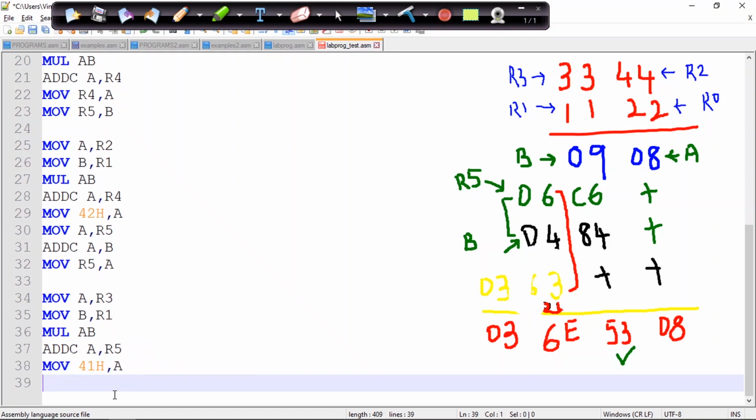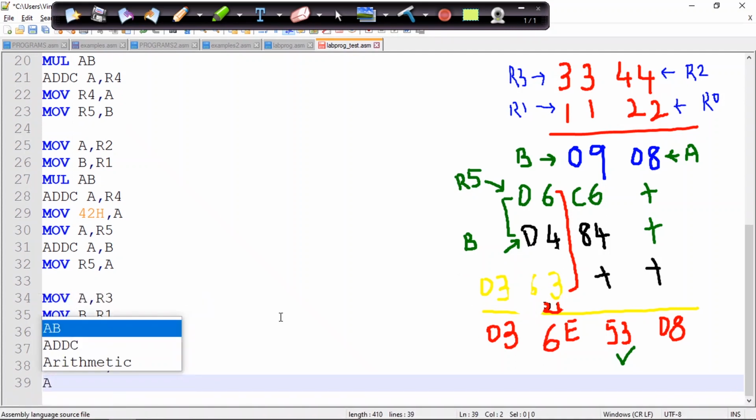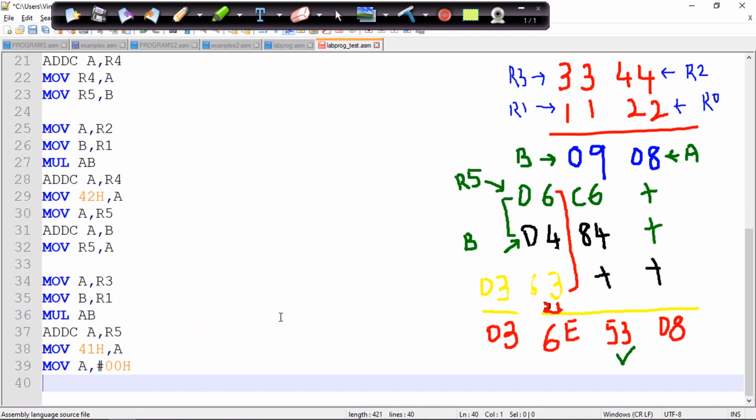Now if there was a carry generated over here, even that needs to be added, but this 03 is not going to be added with anything. So I'll move A comma hash 00 hexa, so that I can do add with carry A comma B. The result I'm going to get is 03 hexa.